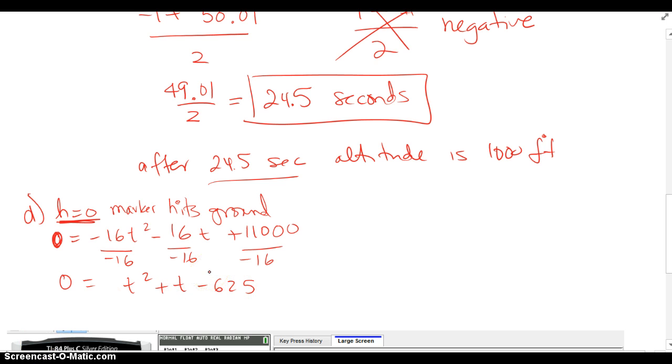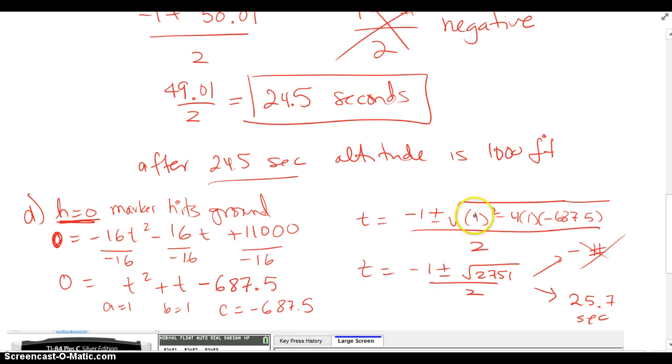And I'll go ahead and use the quadratic formula again. I actually had that wrong. I fixed it. I have to divide 11,000 by -16. And this is going to be our C value. So A is 1. B is still 1. C has changed to -687.5. So once I plug it into the quadratic formula for my A, B, and C values, I simplify the square root using my calculator. One of them is going to be a negative answer. The one that's -1 plus the square root of this over 2 is going to give me